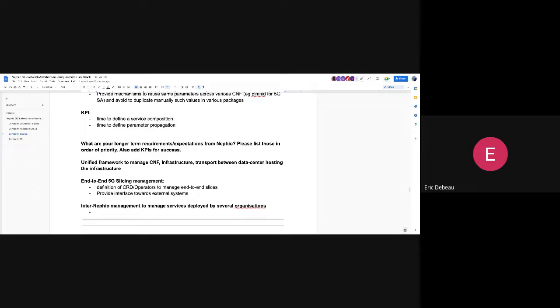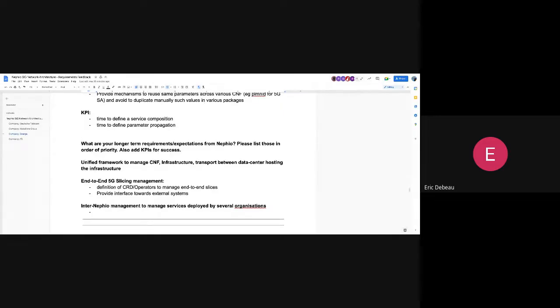But we believe that this Nefio on Kubernetes resource model should be very helpful also to manage other network functions. I think it's also very similar to the WIM proposal, but I don't think it will be feasible for V1.